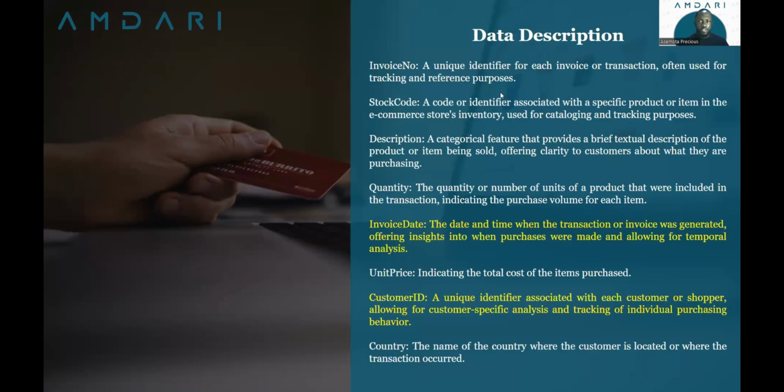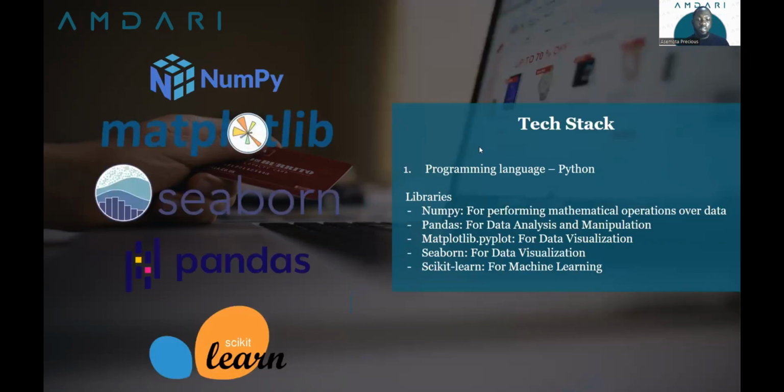Now, on the data description, here you will find a good and detailed description of each feature to have a good understanding of what each feature signifies. The invoice number, the stock code, description, quantity, invoice date, unit price, customer ID, and country are all features in our data sets. And the most important features that are necessary for this cohort analysis are the invoice date and the customer ID. On the tech stack,